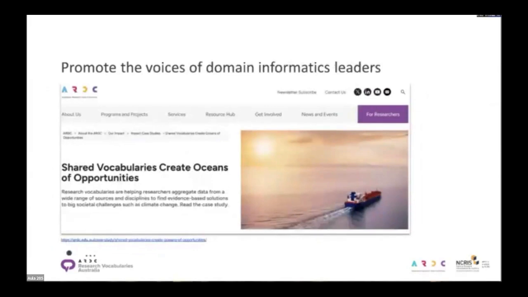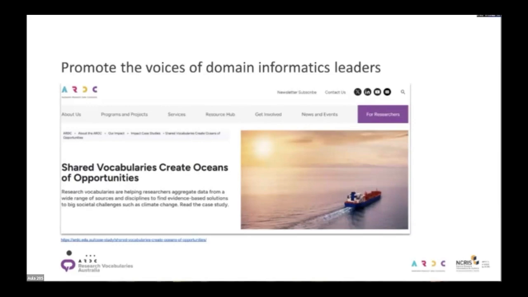It's one thing for ARDC to promote the value of vocabularies. That's all well and good. But even better for the argument to be made by researchers within a domain, by informatics people who have standing, authority within their community.